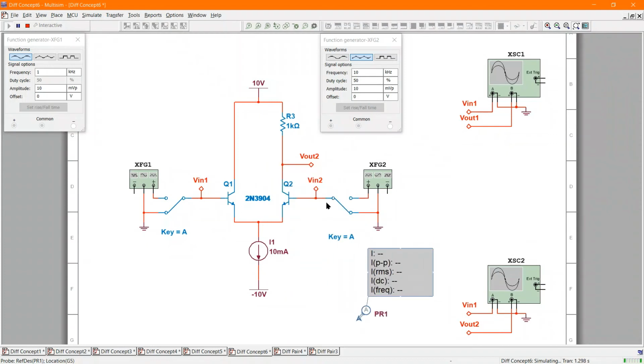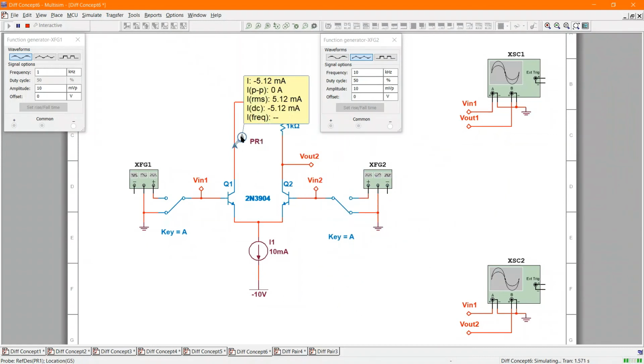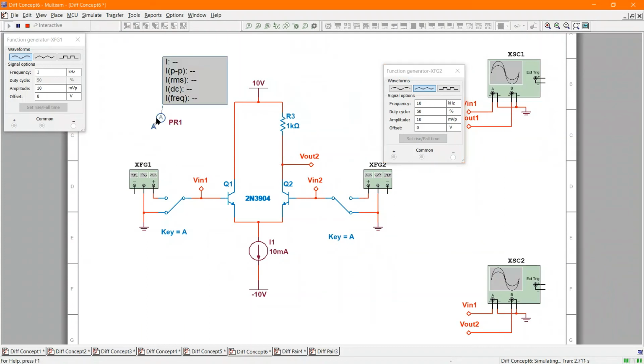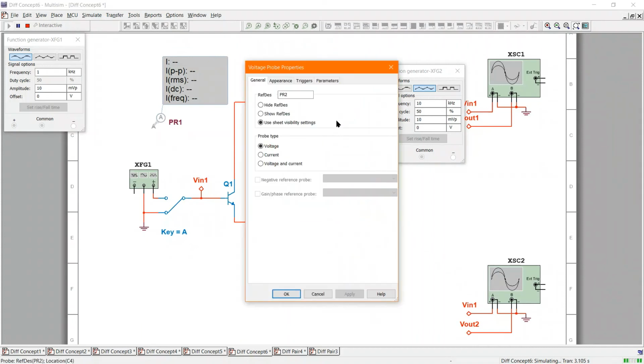If both inputs are grounded, then it should split this equally. This should be 5 milliamps, which it is approximately. And this should also be 5 milliamps, which it is approximately. So here I'm splitting the current. The resistors are a little different. So obviously one's a wire and one's a 1K. So it's not going to split it equally, but it's pretty close. So I got 4.82 milliamps coming down here. That's through a 1K. So that's going to be about 4.82 volts, which means that the normal operating voltage at